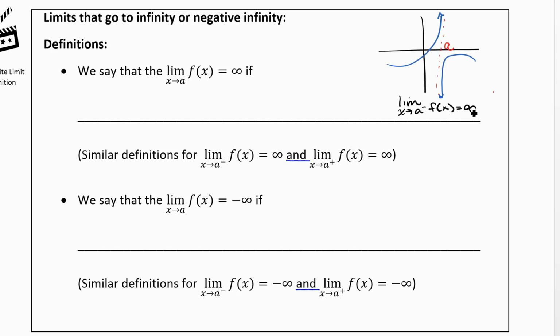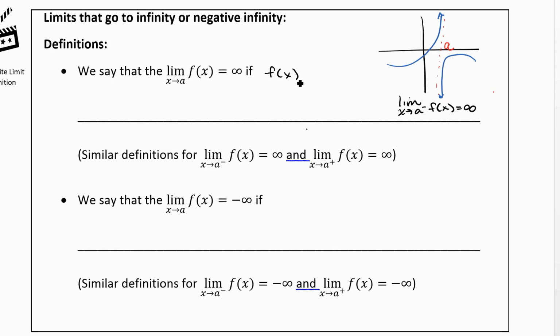Now we have to be careful here because infinity is not actually a number, it's just a concept. So it's kind of tricky. This limit doesn't actually exist. It's not a number like we've talked about limits before, and we have to be careful when doing computations. But here we can write that symbol and know that what we mean is that there the y value is growing without bound. So we say that the limit as x goes to a of f of x goes to infinity if